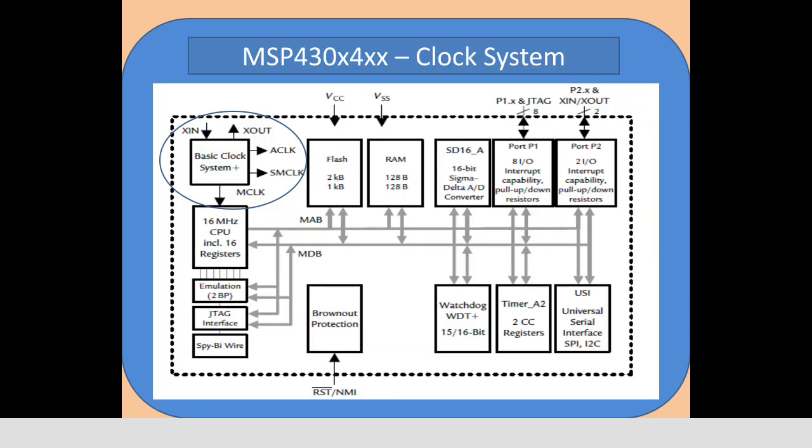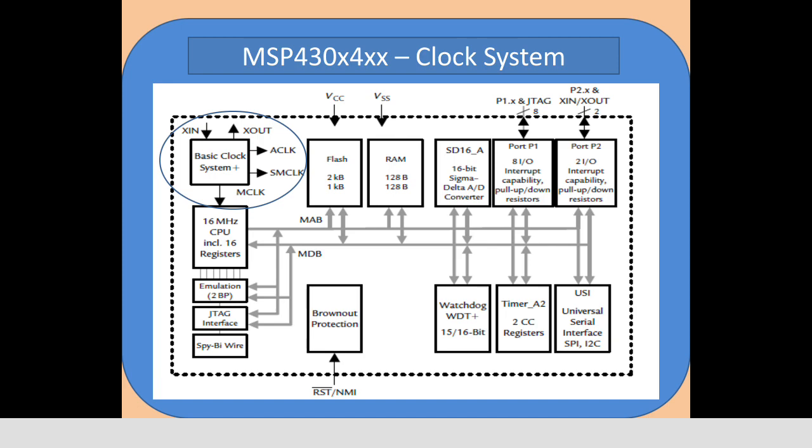And coming to the clock system, we know a digital system requires a clock. Why? Because inside, all the components are synchronous with respect to time. If you want to perform any operation, all the components should work according to the clock. That's why the clock is required. We have several types of oscillators, such as the RC oscillator, Colpitts oscillator and Hartley oscillator, but we prefer the crystal oscillator. The crystal oscillator is the one which can provide stability and accuracy. For that reason, here we use the crystal oscillator.